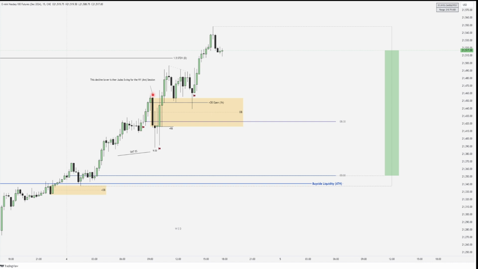We have here then the market dropping rapidly lower, going into 9:30. So this is the 9:30 candle on the 15-minute chart. This is the 9:15 candle. So we form a swing high then at 9 AM and then break lower at 9:15 towards those relative equal lows. This is the GS swing for the New York session in its whole, but also the GS swing for the AM session itself.